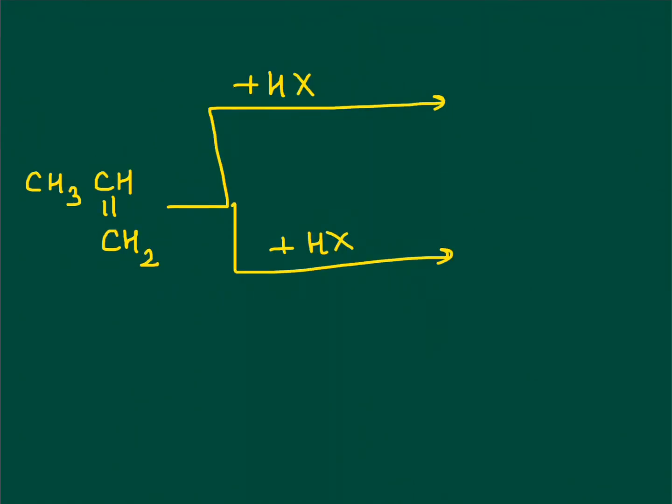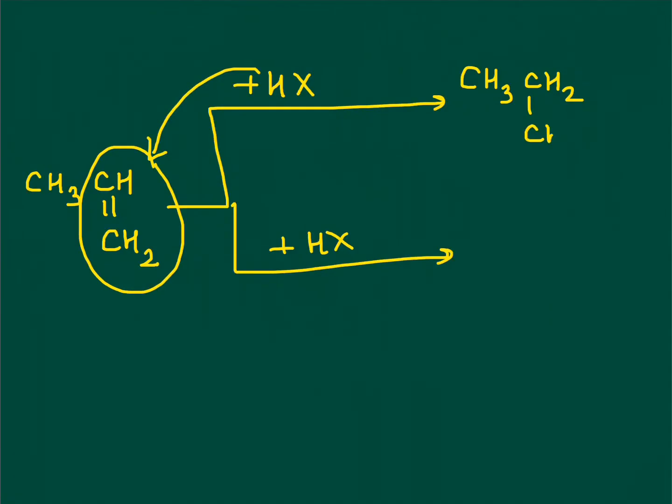Now when addition of hydrogen halide takes place across the double bond in an unsymmetrical alkene, I have put it as two possibilities. Hydrogen goes to CH, with the result that we will have the product as CH3CH2CH2X, right? The other is hydrogen goes to the carbon which is having two hydrogen atoms attached to it. So CH3CHXCH3. Are these two products the same?